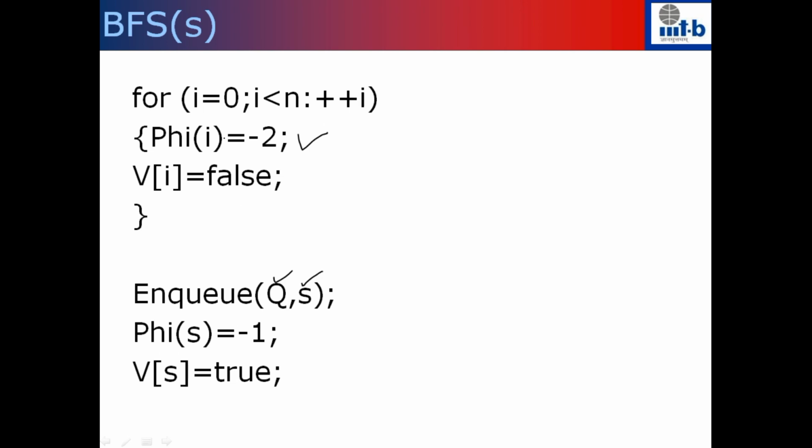So initially we will set v of i to be false. The moment the ith vertex has been added into the queue, we will set this to true. After that, this will never be added again. So I'll repeat, v of i here denotes whether the ith vertex has been added into the queue. So we start with the first vertex, add that into the queue, and set pi of i to be -1. So -1 will indicate the first vertex from where the search algorithm actually starts. Then we set the corresponding flag to be true.